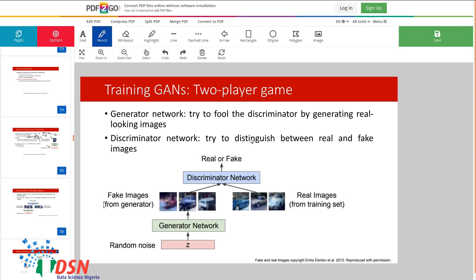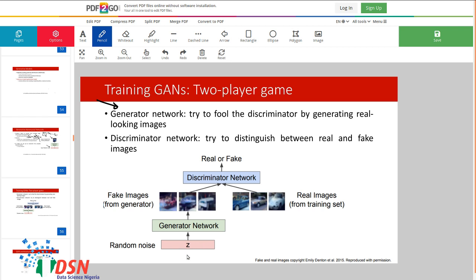So in GANs we have two networks. The first network is called the generator network. The generator network tries to fool the discriminator.